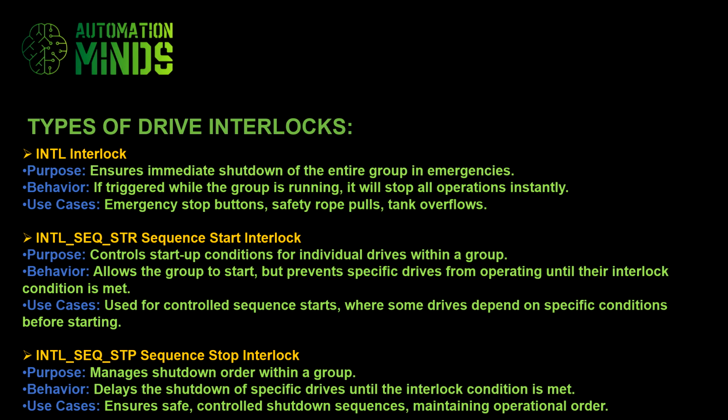Similarly, the sequence stop interlock functions during the shutdown process. When the group is commanded to stop, the drives with active sequence stop interlocks will not shut down until their interlock conditions are fulfilled. Sequence start and stop interlocks are typically used when maintaining a particular startup and shutdown order